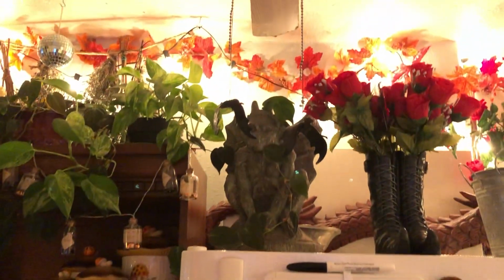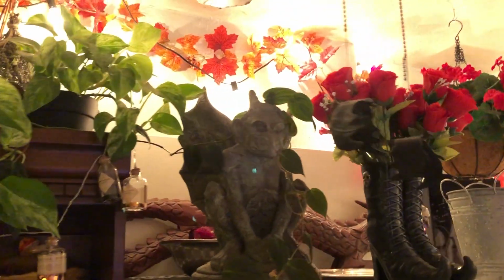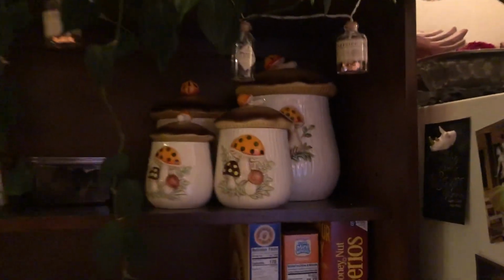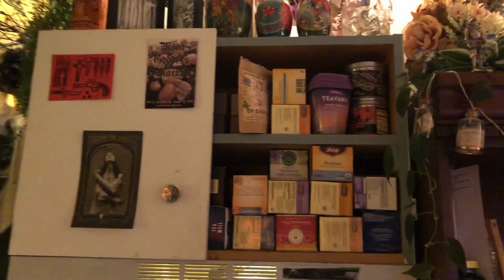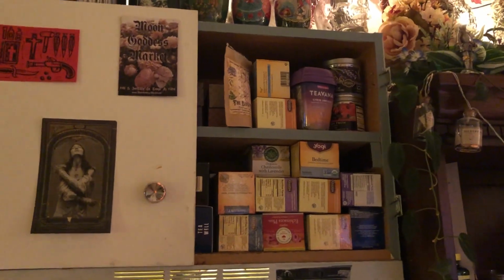My very unattractive fridge. A gargoyle that was sent to me. A dragon I've had since I was a kid. I hate overhead lights. I cannot stand overhead lights, so I have tons of string lights everywhere. I have these very fun mushroom jars for flour and sugar and stuff. And these plants are quite happy to be up here too. Unfortunately for me, the door to this fell off, and this entire cabinet is filled with just